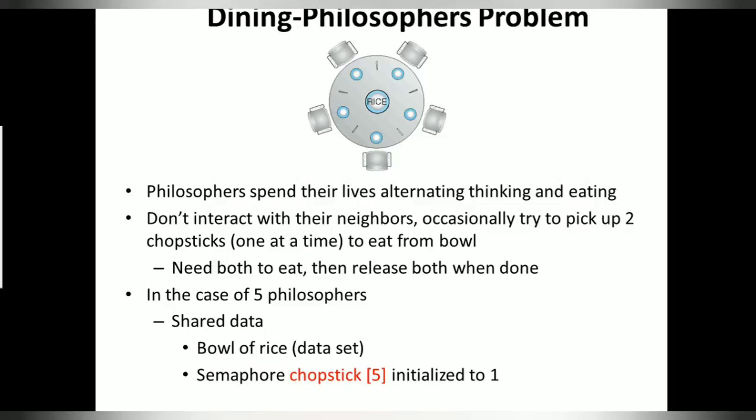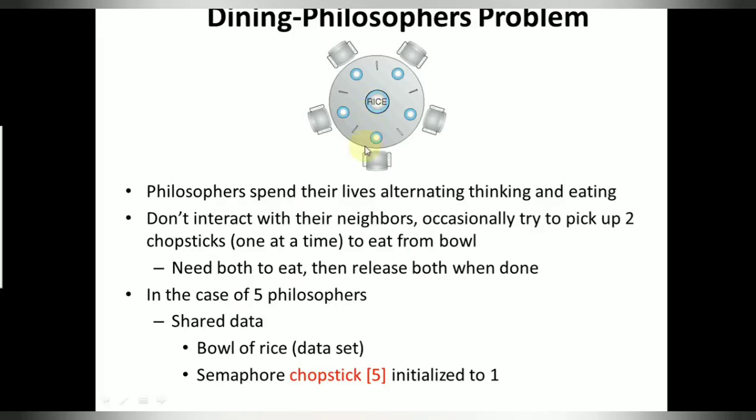The next and the last classic problem that we have is your dining philosopher problem. Now what is the dining philosopher problem? First let us address what the dining philosopher problem is. Later we shall see how this problem could be related to the system. Now you can notice in this image that there are 5 philosophers sitting at a circular table with 5 chopsticks around, and there is a rice bowl in the center.